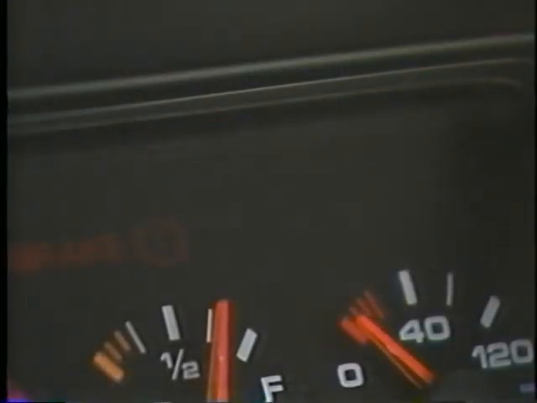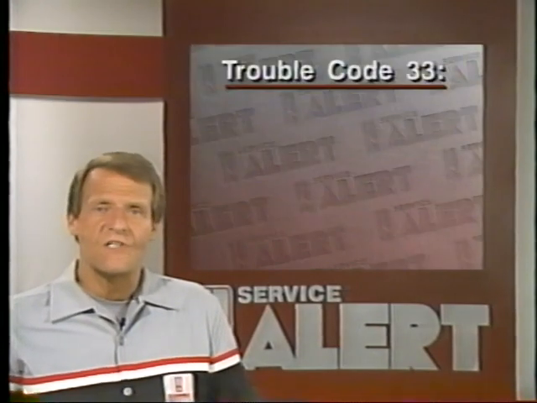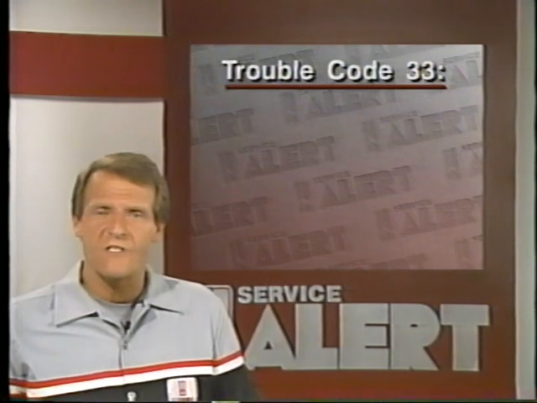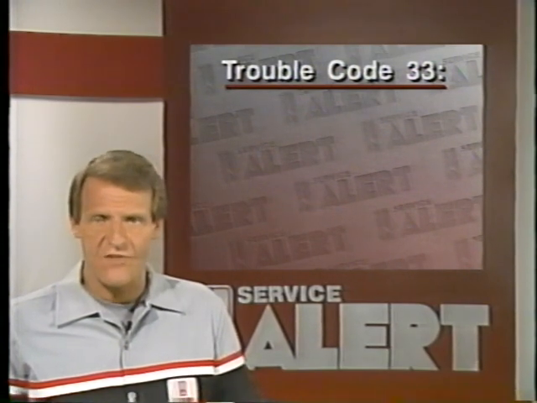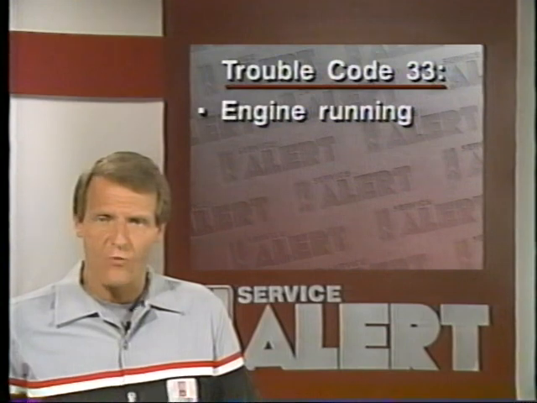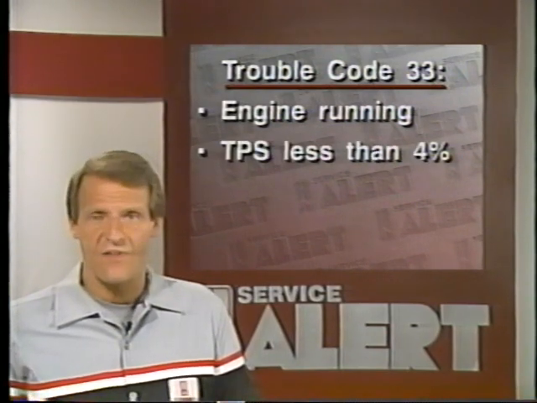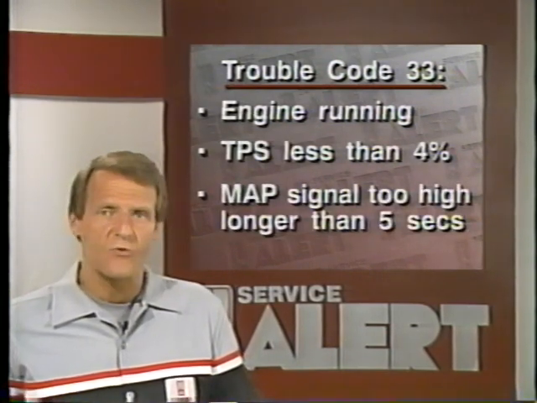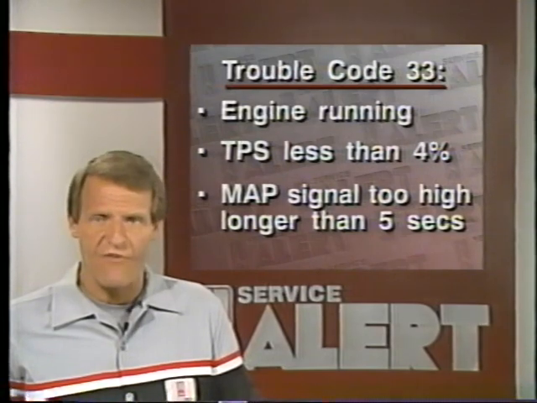Of course, there are conditions that do cause the PCM to set MAP-related trouble codes. The PCM sets a code 33 whenever it detects all of the following conditions at the same time. Engine is running, throttle opening is less than 4%, and MAP sensor output is too high for longer than 5 seconds. It's also possible for the PCM to set this code when there's an engine misfire or a low or